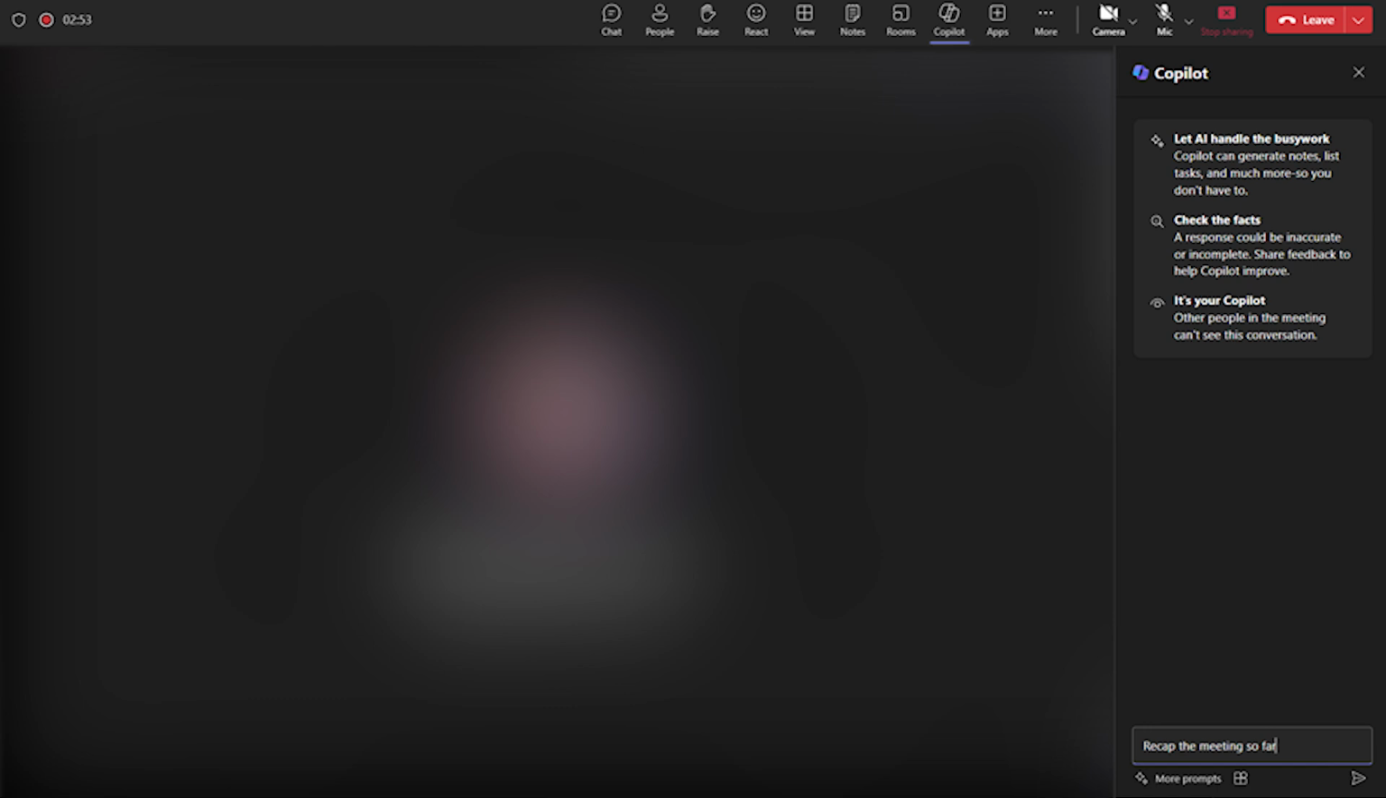While you are in a Teams meeting, if the meeting is being recorded and transcribed, you can select the Copilot option in the menu ribbon above the meeting. This will then bring up the Copilot pop-up and allow you to ask questions about the meeting while you are